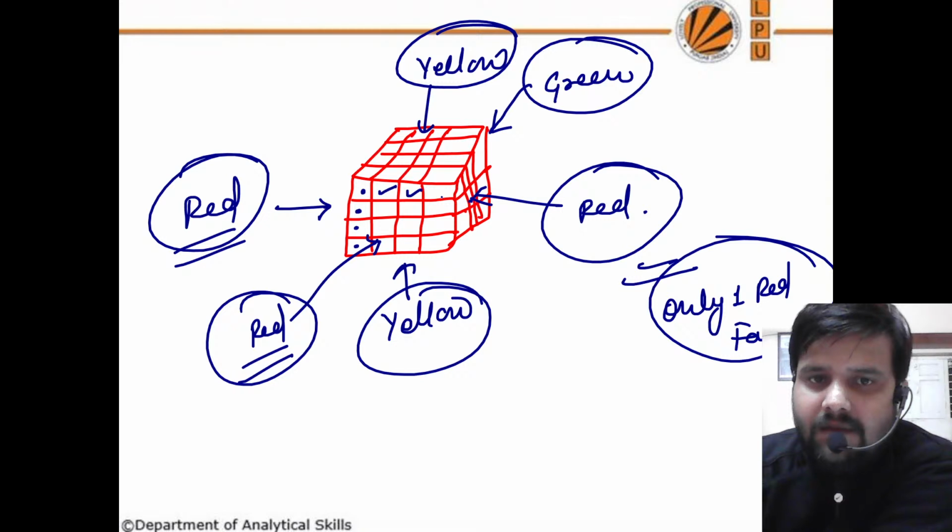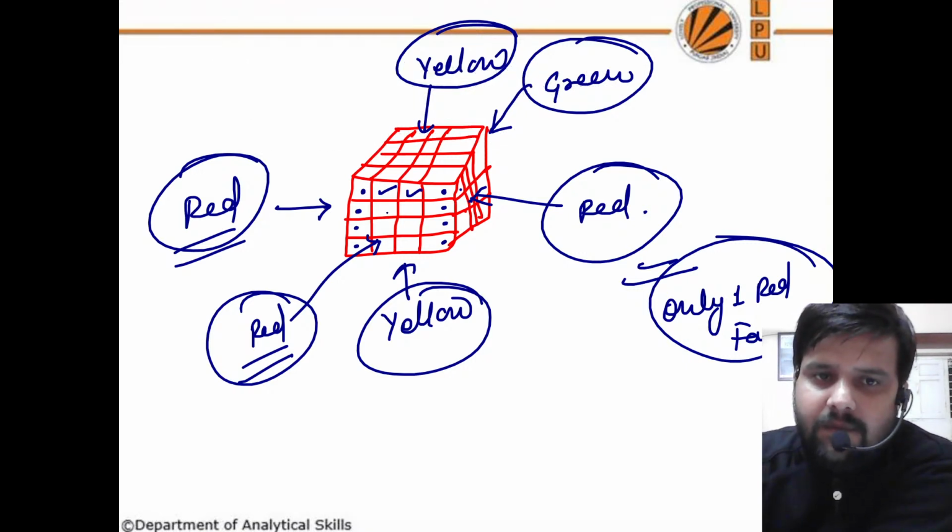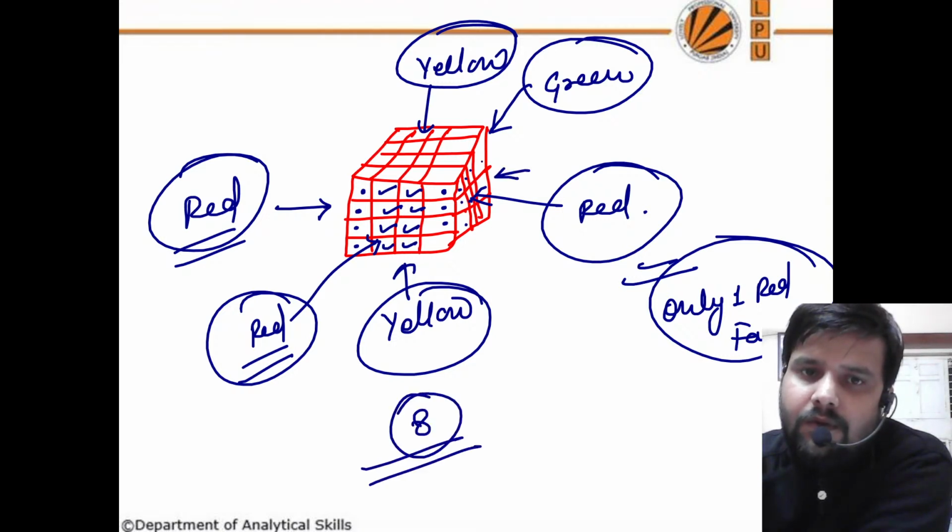Now let's come to this. अब देखो इसमें ये वाला रेड है और ये वाला भी रेड है, टू फेस है, so this cannot be counted and that's why I'm putting dot here. Now observe this also, this has two red faces, that's why we will not count this. This is also two red faces, cannot be counted, and the last one also has two red faces, that cannot be counted. Now अब इन पे आओ, इनका एक ही फेस रेड है, yes they can be counted, and the last one, इनको गिनो 1 2 3।